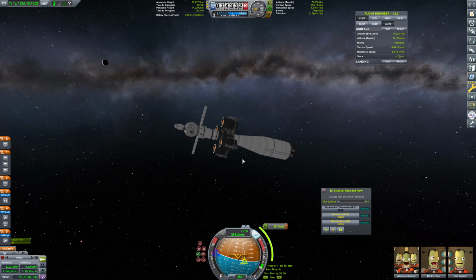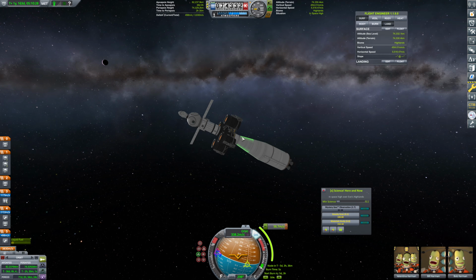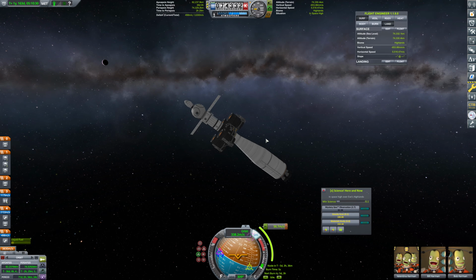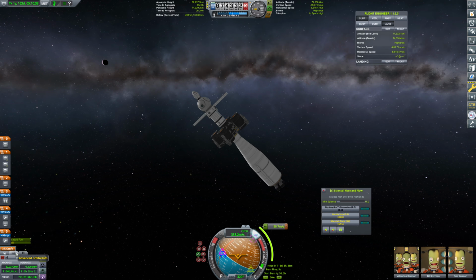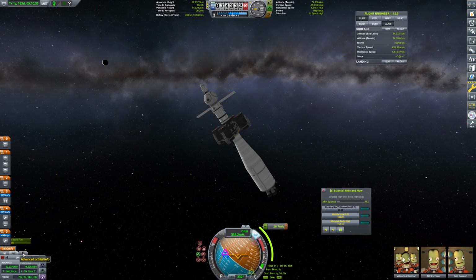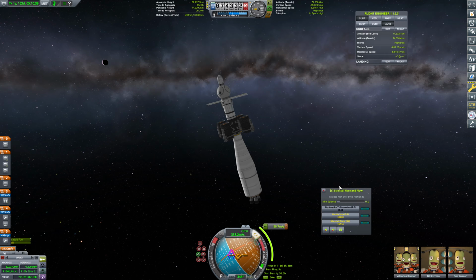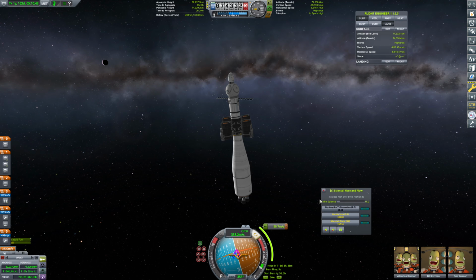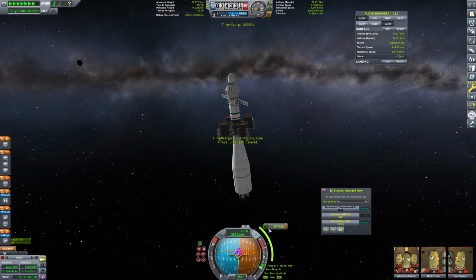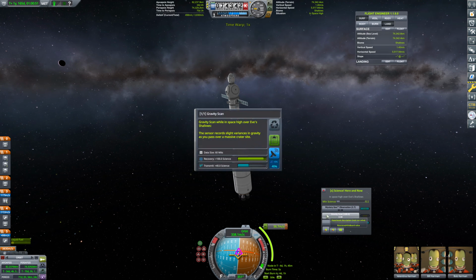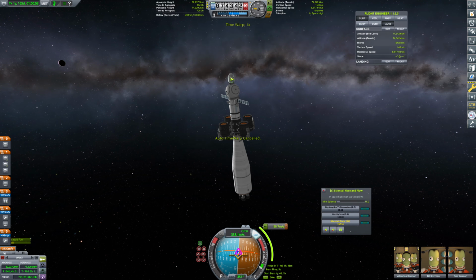And we're definitely going to be able to get our full inclination change done on this. That's really, really good. I like it a lot. So looking at our actual maneuver, we of course are tossing in a little bit of retrograde. So we're going to need to be slightly off of this node. About here. Okay. And we should probably stop warping, because we've got all these gravity scans, and these gravity scans